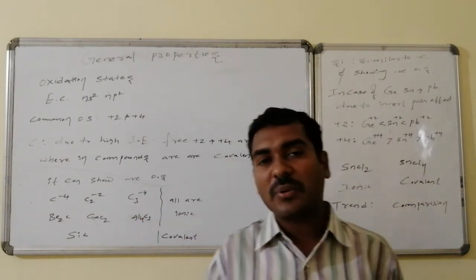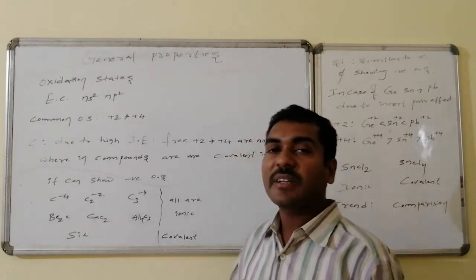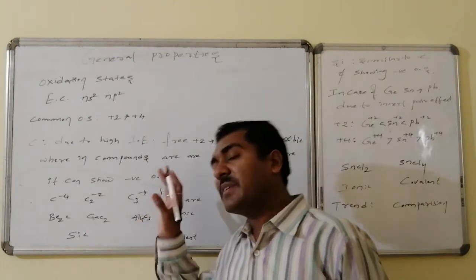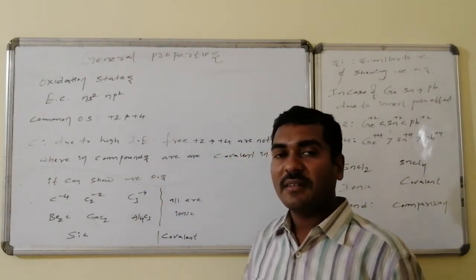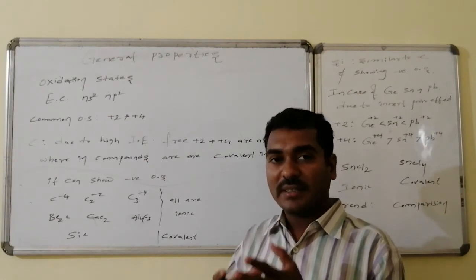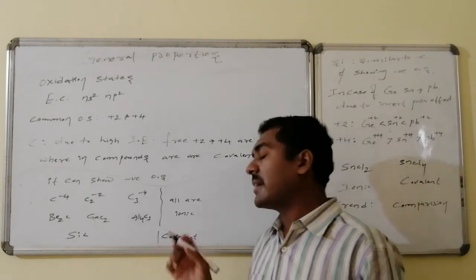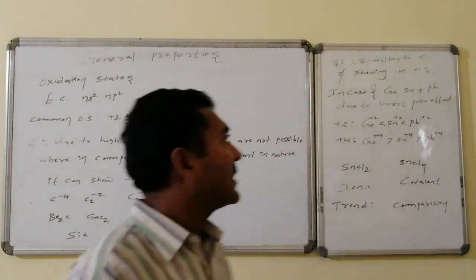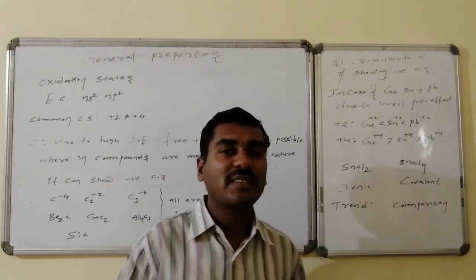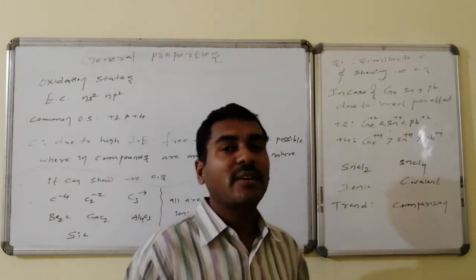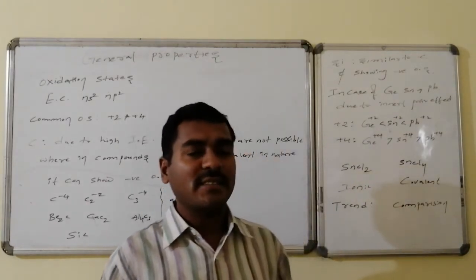There is a special compound, silicon carbide, where silicon and carbon combine chemically. As far as electronegativity is concerned, carbon has a negative oxidation state, but it is a polymer, so it condenses in such a way that many units are connected with one another, and it is covalent in nature. Silicon, similar to carbon, shows +2 and +4 oxidation states without showing any negative oxidation states, and its compounds are generally covalent in nature.